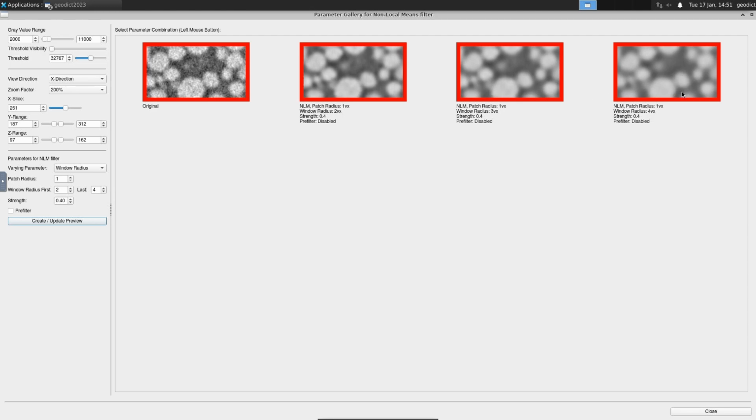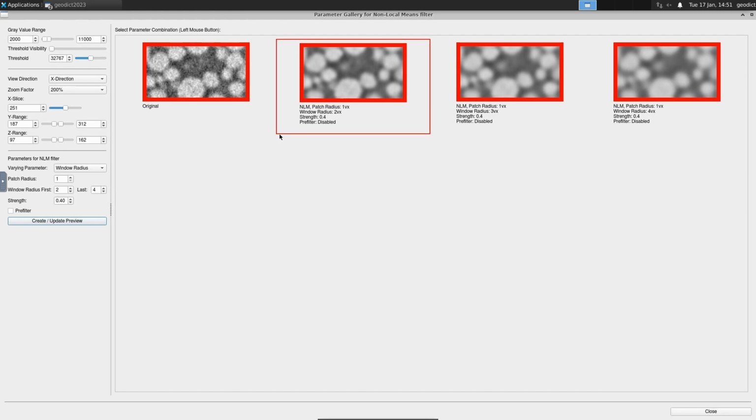So here for 4 it's already quite blurry, and this might be a bit noisier here for window radius 2, but it is already much less noisy than the original. So we will stay with a window radius of 2.